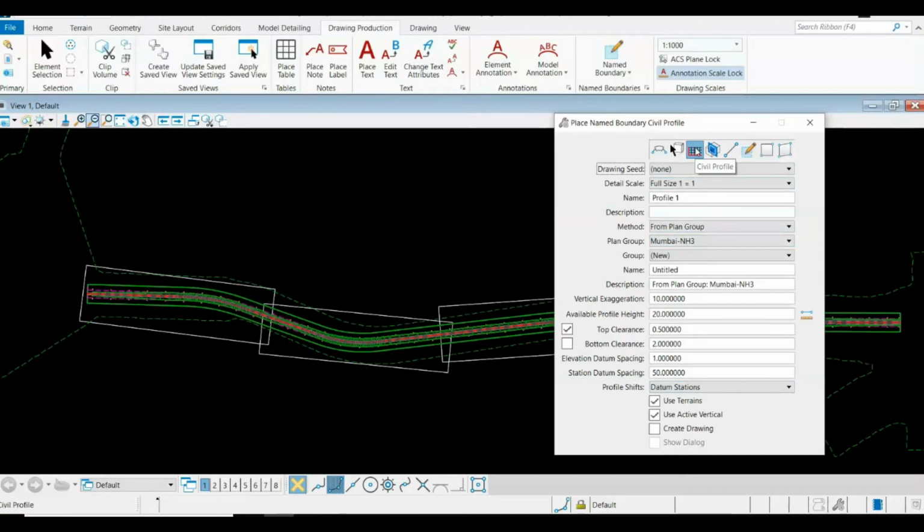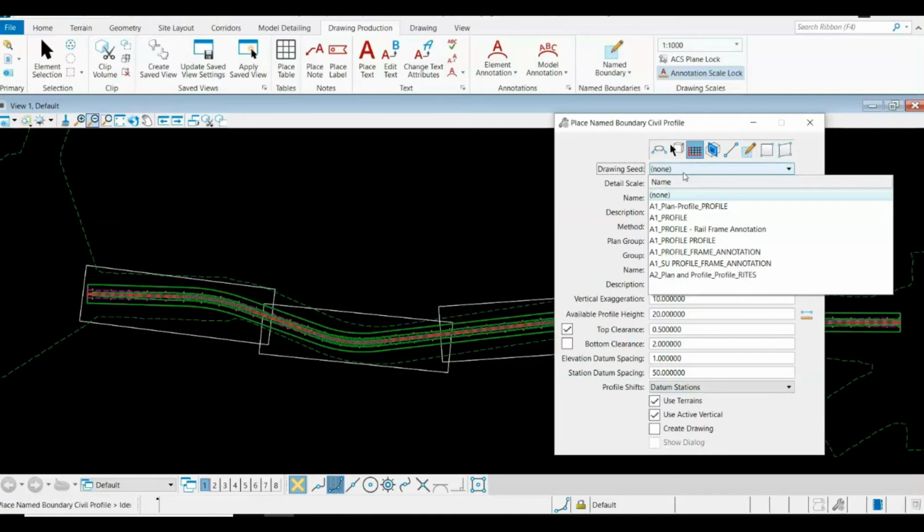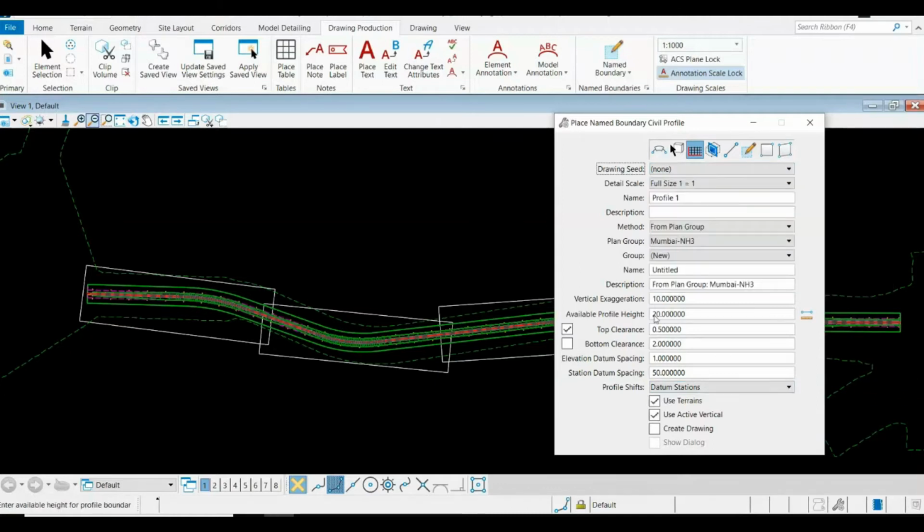Drawing seed, as I said before, is basically your setting region library file, in which you define what kilometer of highway section should be there, what your detail scale should be, and even the border, whether A2, A1 or A3 borders.